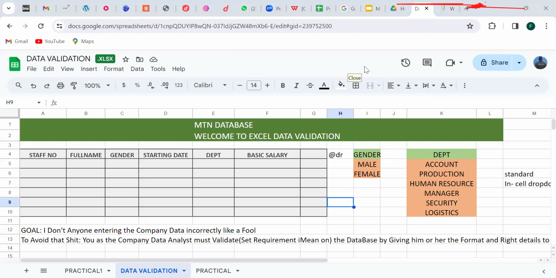Okay, that's fine. So today's topic, just like our boss introduced, is data validation. That's what we're talking about today. But the question is, what is data validation? Data validation is a feature in Excel which is used to control what users can enter into a